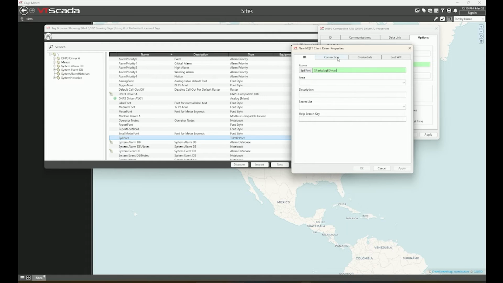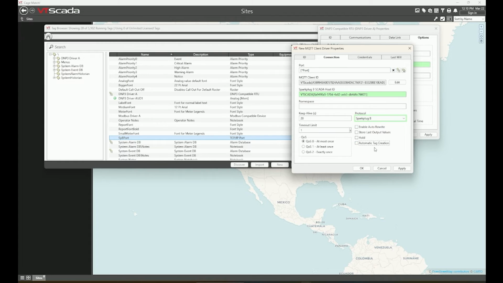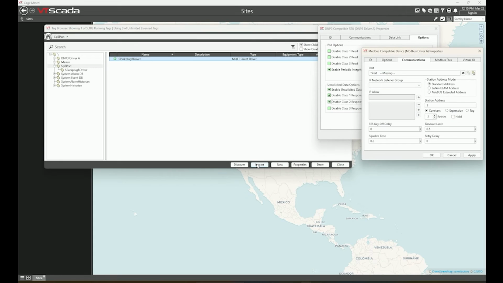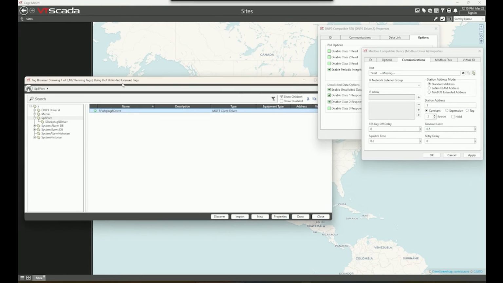Sparkplug B driver, if I uncheck the automatic tag creation, I can hit apply, hit OK, and then I'll have the driver here, but as you see, no tags coming in. The other option you can do, though, is we're still scraping all that data that we use to create the tags. We're still storing all that information. I can go here, click this import button. Once the driver connects there,